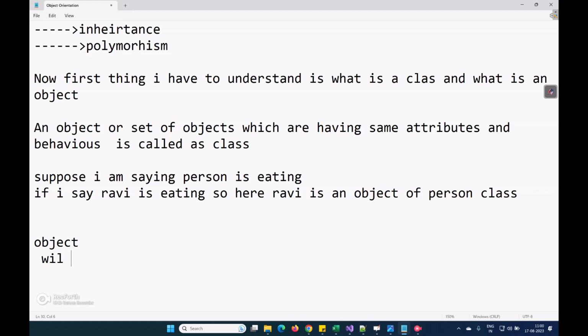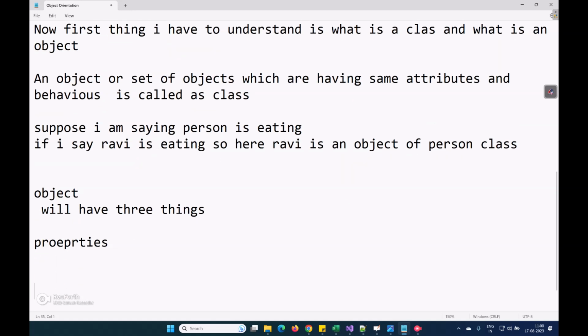Wait. Object will have three things. Sorry, I forgot to tell this one. Object will have three things: properties, events, and methods.